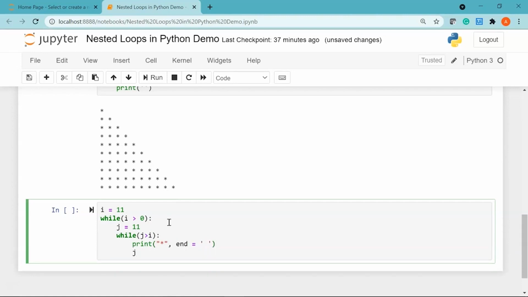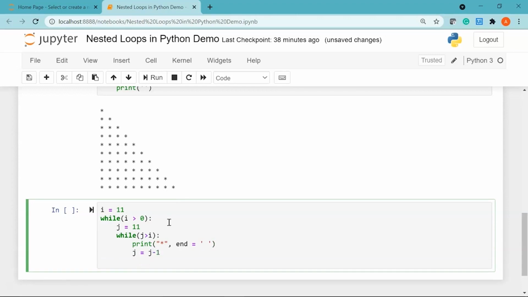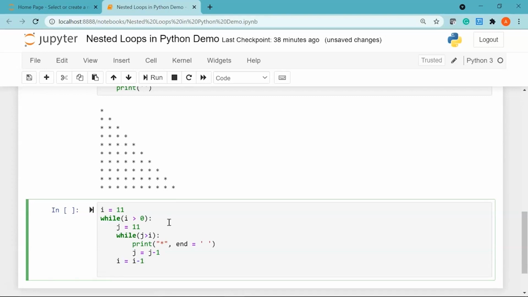Then we are going to decrement j by 1. I'll come out of the inner while loop and I'll say i equal to i minus 1. So we are also decrementing the first variable i by 1, and now I'll say print.